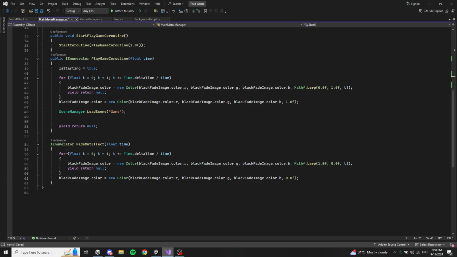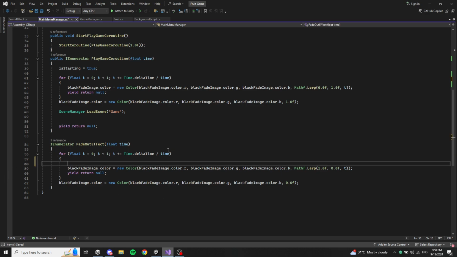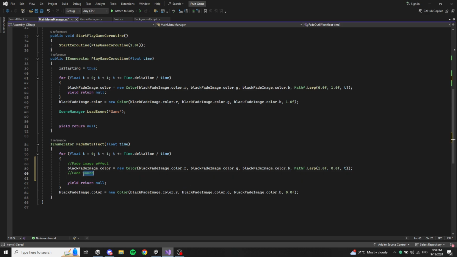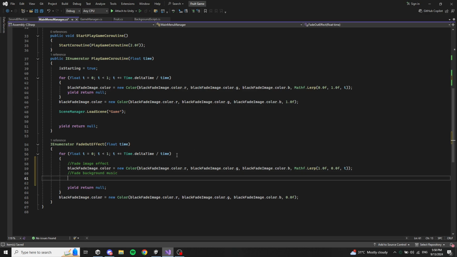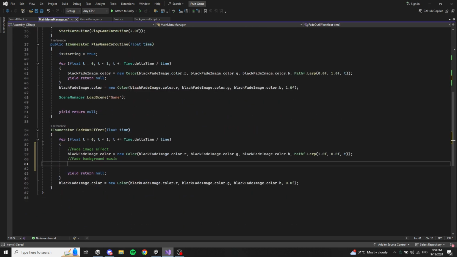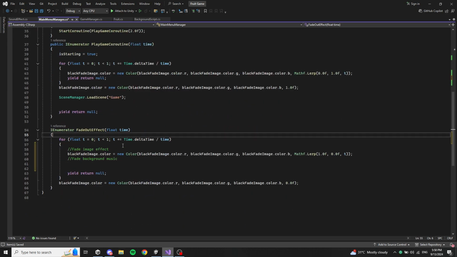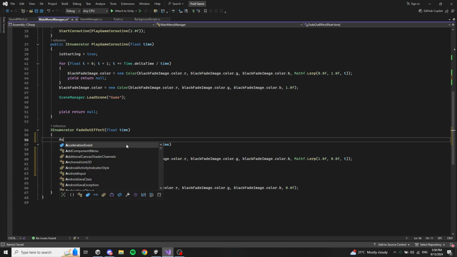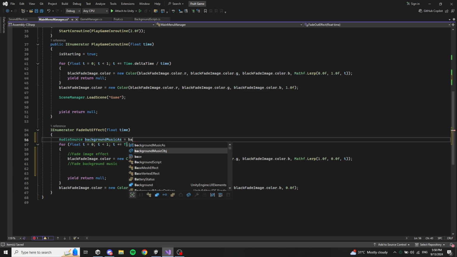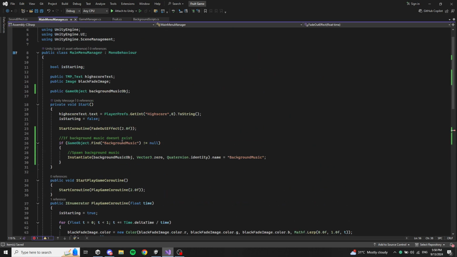so here let's say fade image effect, and you also want to fade sound, or not sound, let's be specific, background music. Okay, but we need that audio source component. So here let's say audio source background music, yes, so audio source is equal to, and I made a mistake here when we instantiate this,